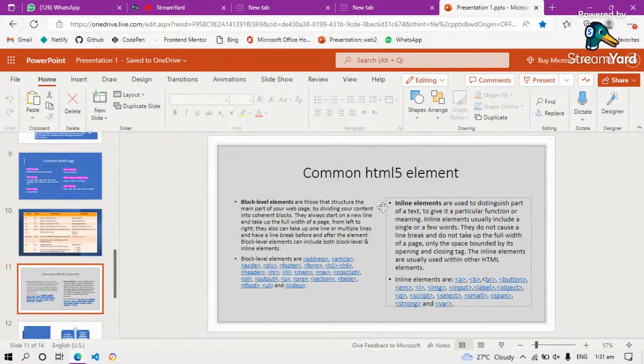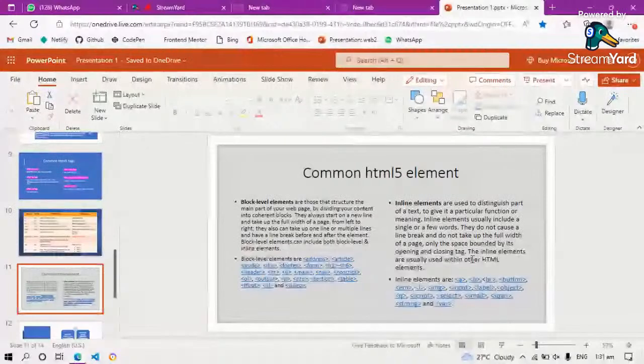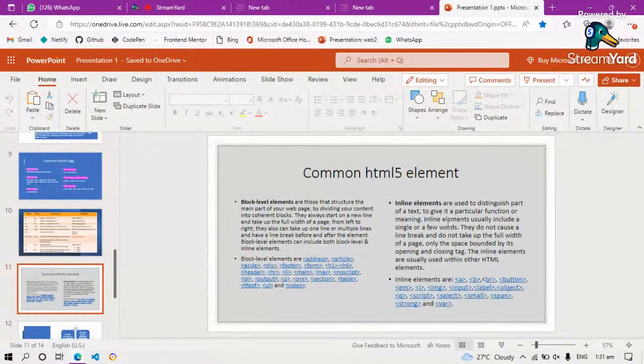Okay, your screen is showing common HTML5 elements. Yeah, that's the next one, block level elements. This is the common HTML elements. I think we have four, but these are the most used ones. The other one is empty elements, that's for the BR break tag, and the other one I've forgotten. These are the two we use: the block level element and the inline element.